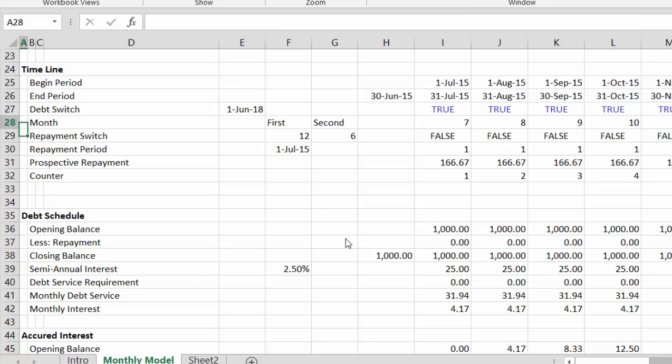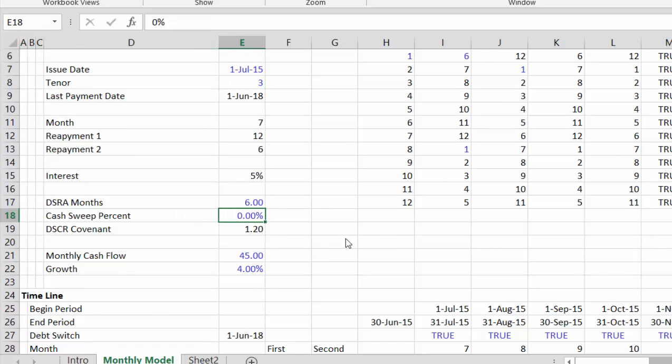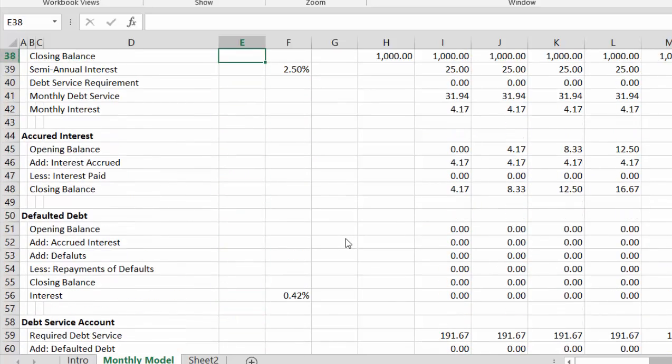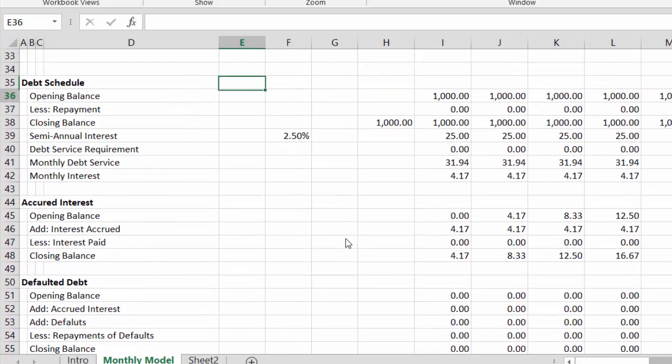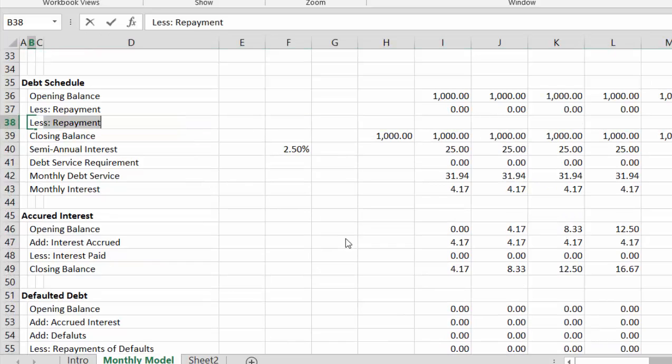Now, for this one, we put in a cash sweep. Let's make it just a 50% cash flow sweep. Okay. Then, actually, compared to some of the others, it should be pretty easy. Because to put in this cash flow sweep, the first thing we'll do is, on the repayment of the debt, we can put less early prepayment